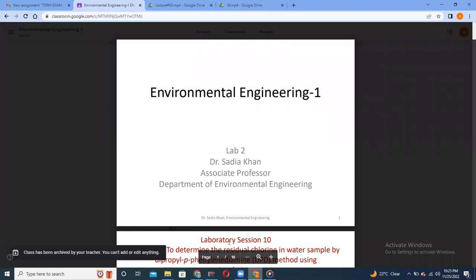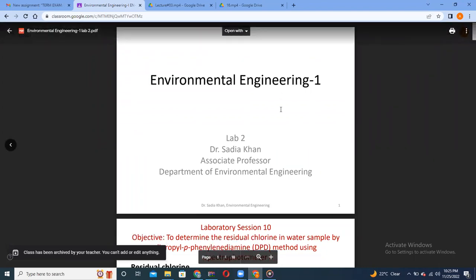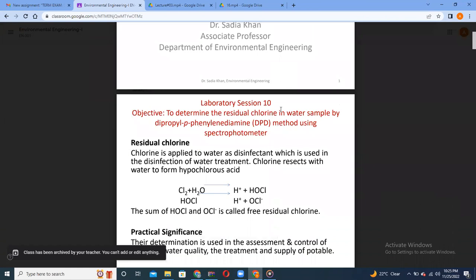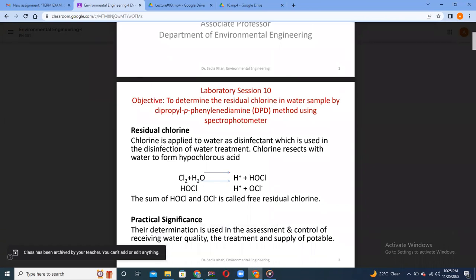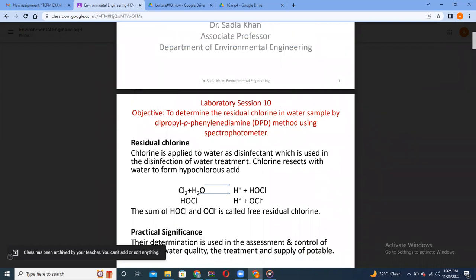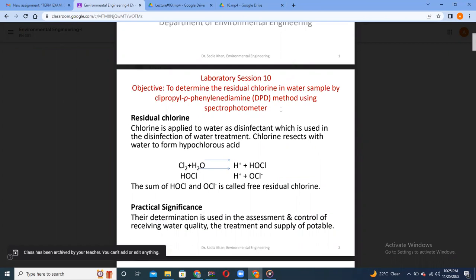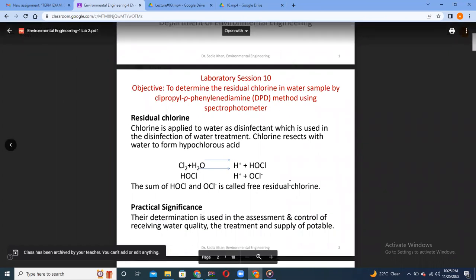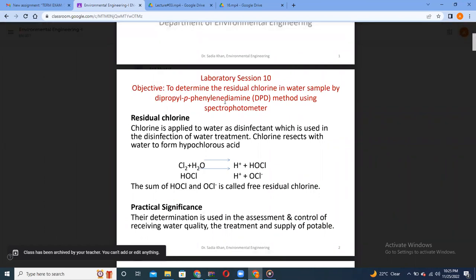So first of all, I will start with Environmental Engineering 1 course. In this, we'll discuss some environmental factors. First of all, how environmental engineering is linked to transportation engineering. They both are interlinked. Firstly, the objective of this laboratory session is to determine the residual chlorine in a water sample